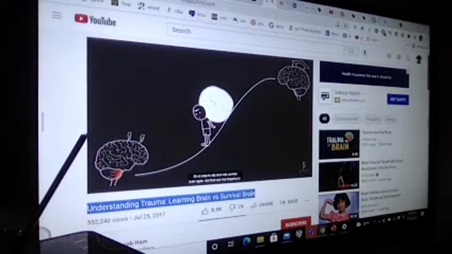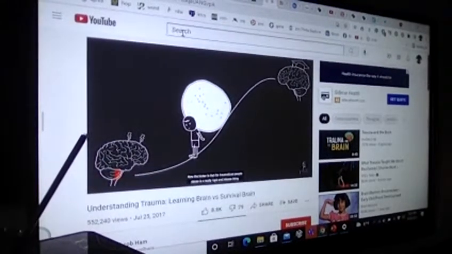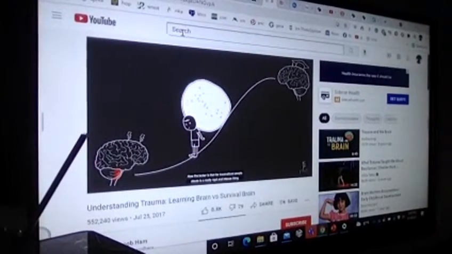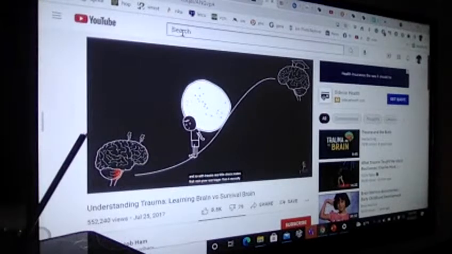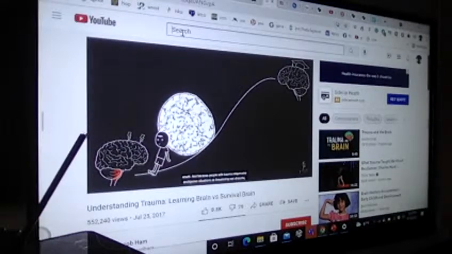And that rock that Sisyphus is trying to push up, well, that's kind of like stress. And the more stressed you feel, the heavier and bigger that rock gets, and it just pushes you back into survival brain quicker. Now, the kicker here is that for traumatized people, stress is a really rigid and intense thing. And so with trauma, any little stress makes that rock grow way bigger than it normally would. And because people with trauma misperceive ambiguous situations as threatening and stressful, that rock just stays big all the time.